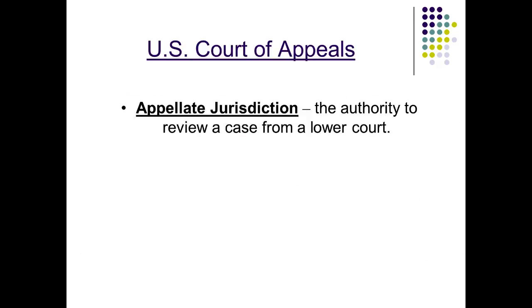On to the U.S. Court of Appeals. They have what is known as appellate jurisdiction. Shocking. They're an appeals court, so they get appellate jurisdiction. It's the authority to review a case from a lower court. So the lower court here, in this case, would be the district court. They come up with a